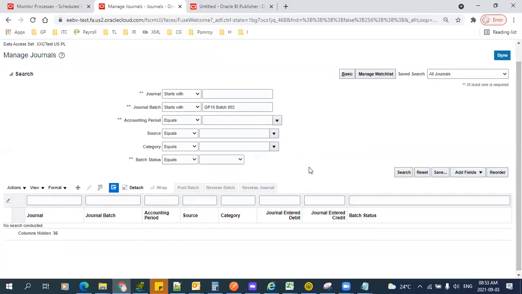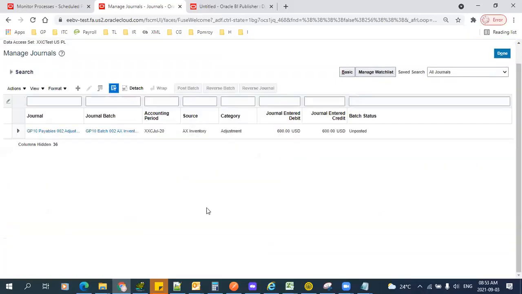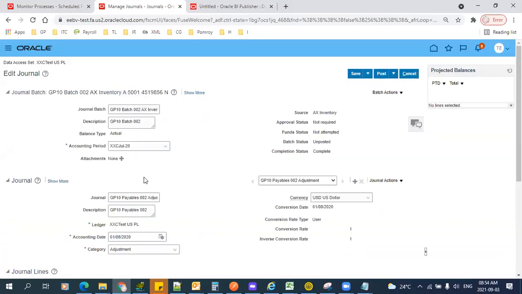Try to search with the batch name. Now you can see that this is my batch. Just try to open the batch. When you create any journal batches through the FBDI template, the batch name and journal name should be created as